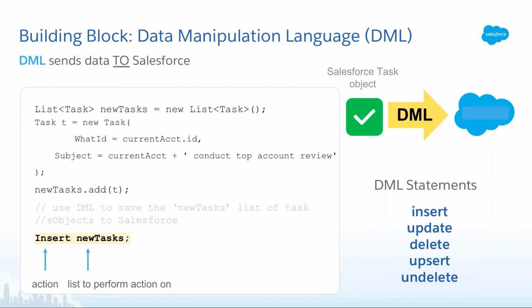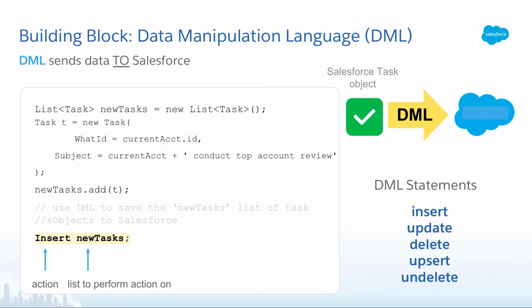It's a pretty simple language with a keyword that says which DML action you want to perform, and then you identify which list of sObjects you want to perform the action on. In this case, our sObject is the new task list. Once the insert statement is run, new task records are created for all of our tasks that were added to the new task list.